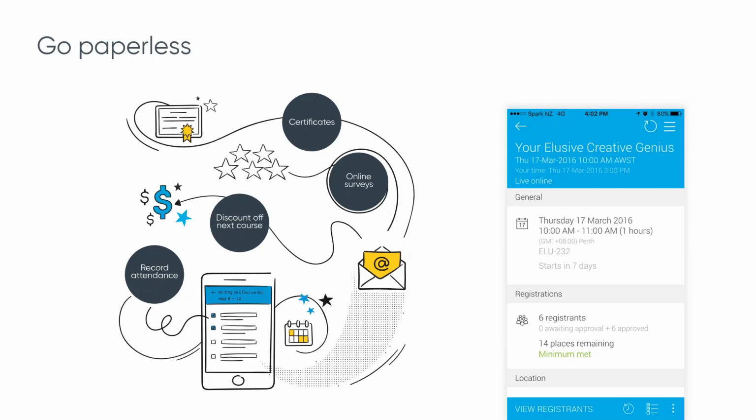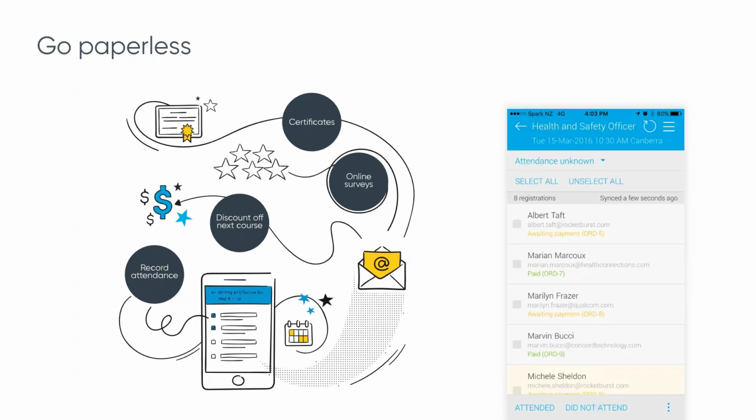There are 6 registrations. We click in again, and actually what the trainer can do during the event is tick off who's attending. You can see here who's paid and awaiting payment as well. The cool thing is that once they tick these off, that can actually trigger more automation. So it can send out their online survey saying, hey, how did you find our course? It can trigger a certificate to be sent. Here's your certificate of completion, and a whole lot more.